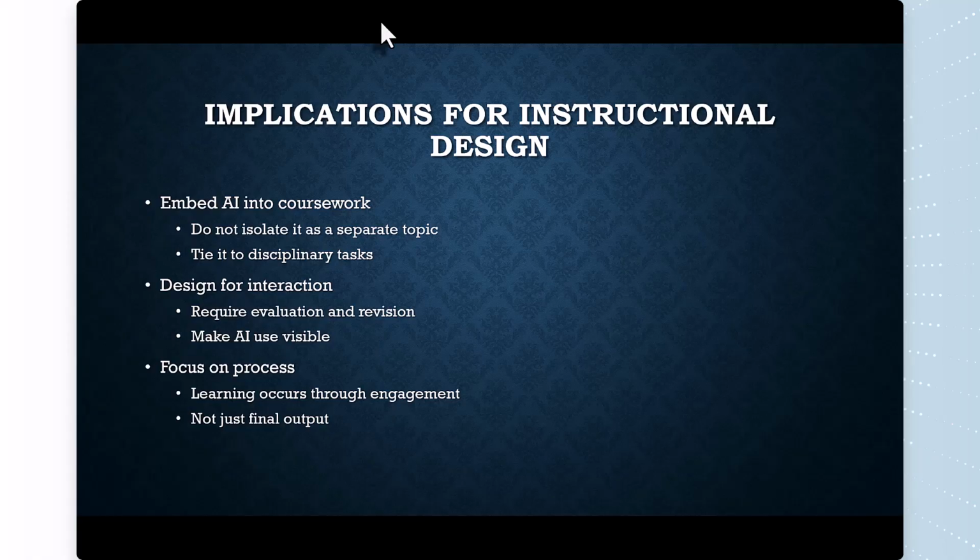We are designing for interaction. We require evaluation and revision of the AI output. And we are making the AI use visible. Our focus is on process. Learning occurs through engagement, not just final output.